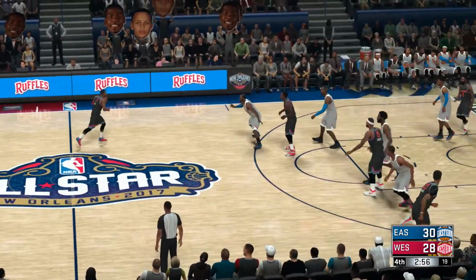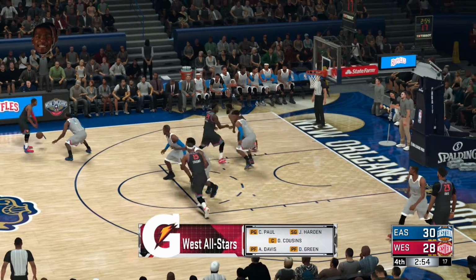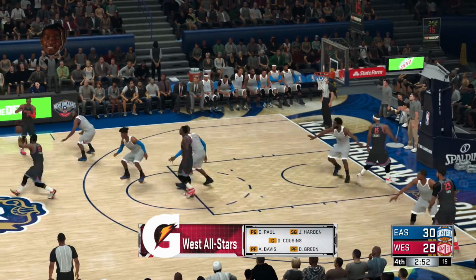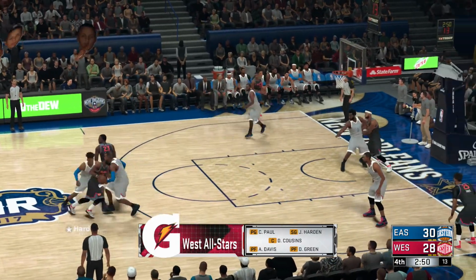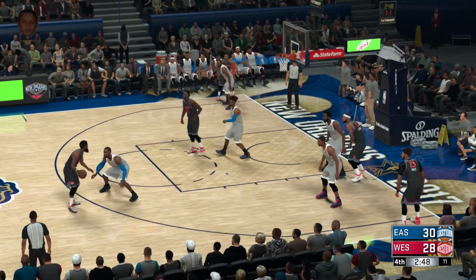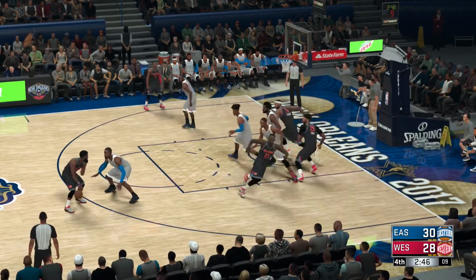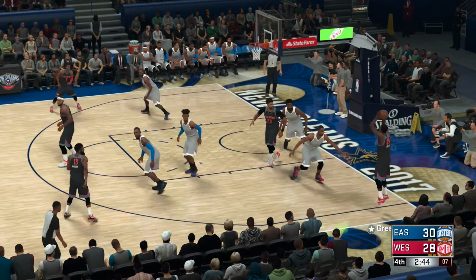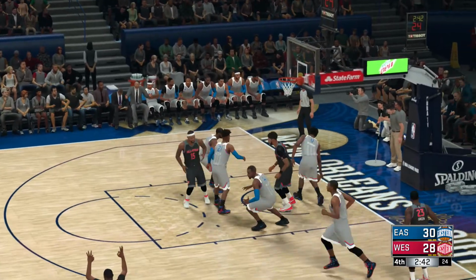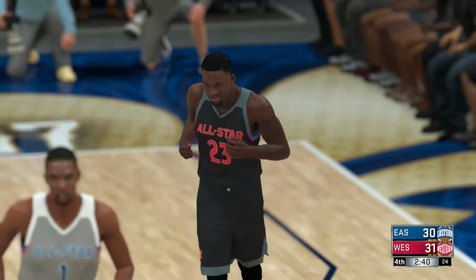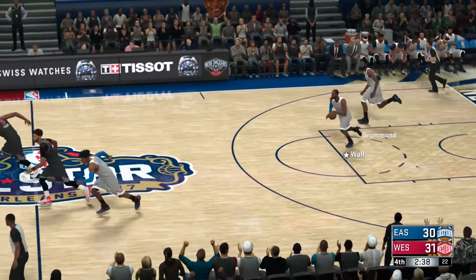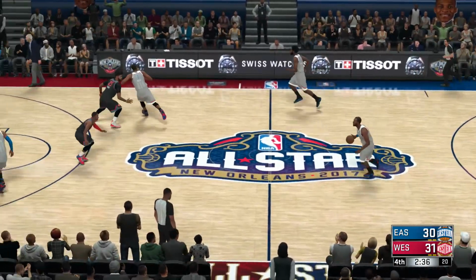And here is Paul. Draymond Green is out there with Anthony Davis. Then it's Harden. Then it's Chris Paul. And it's Cousins in at the 5. That's the 5 for the West All-Stars right now. On the wing, Green to take the lead. It's good. The assist that time from Harden. Green's got the first points up on the board here in the fourth for the West All-Stars.